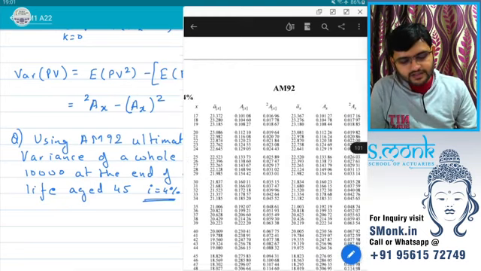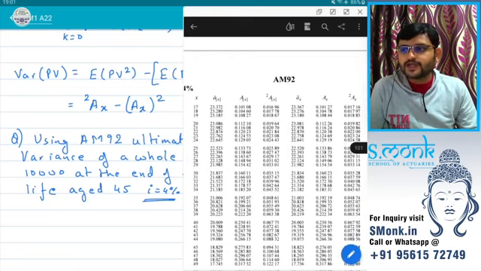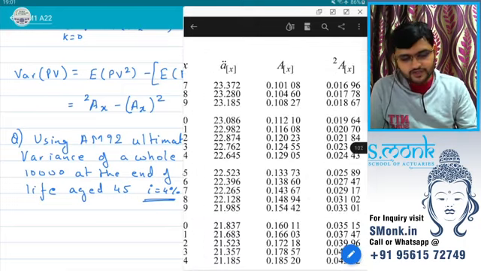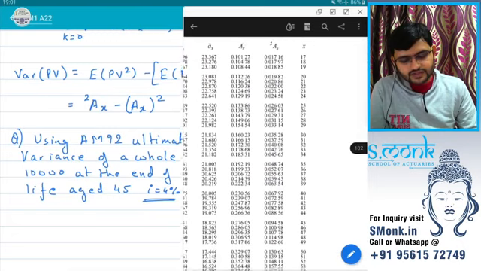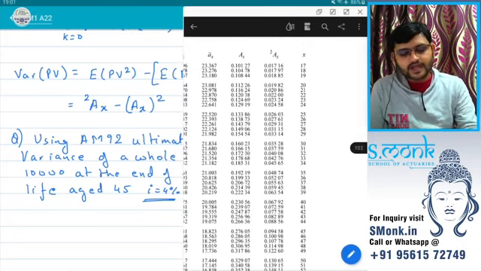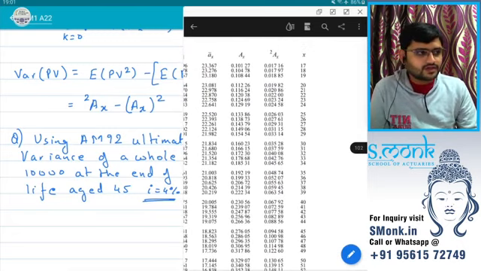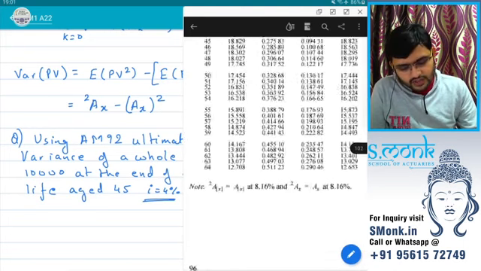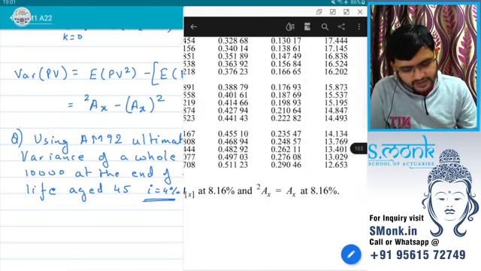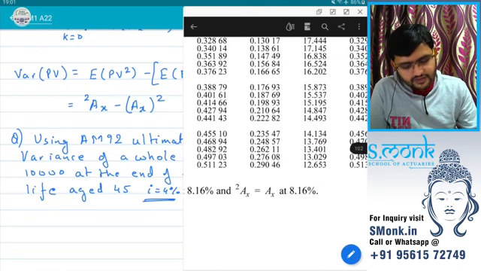As I said, bracketed values we will be ignoring for now. And we have the values here. You can see capital AX and 2AX, right? Capital AX and 2AX. If you go down, you even have this value. So you see 2AX is equal to AX